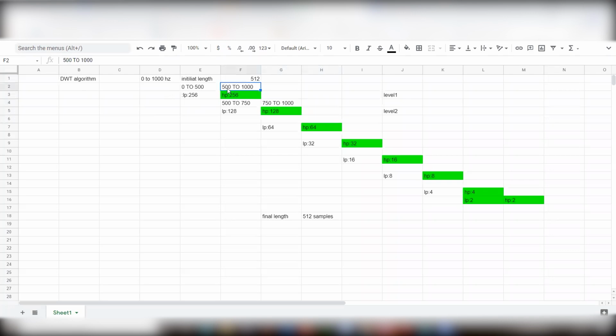So what happens here is here we have low frequency resolution and high frequency resolution. That high frequency resolution is further divided into high frequency resolution, low frequency resolution. That's how the resolutions are divided and the number of samples present inside each resolution part is obtained. So if there are 256 samples, we know for certainty that 500 to 1000 hertz is present in the 256 samples. What's happening is we don't know what is present in the other 256 samples.